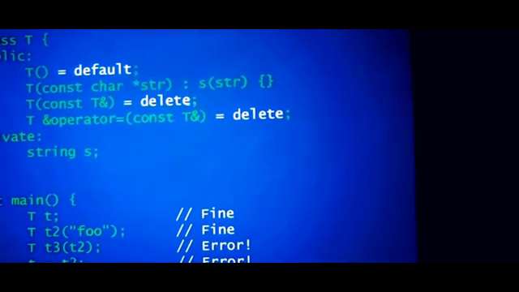You can also say = delete, which will exclude that particular function from the interface. And now the nice part is it can still be public and be deleted. So you don't have to mess with things being private, and you don't have to mess with inheritance. It just works. All right, so here we've eliminated the copy operations, and we've said we do want a default constructor, right? And because we have some other constructor